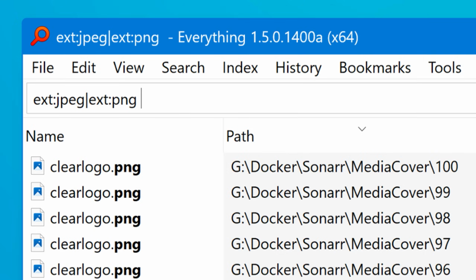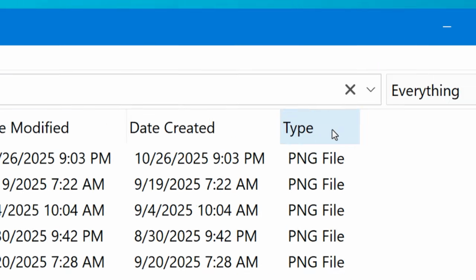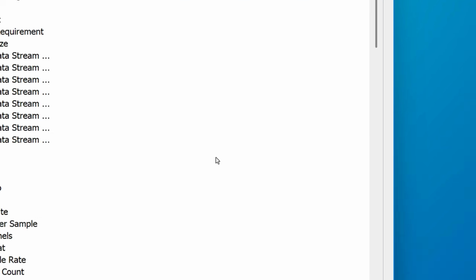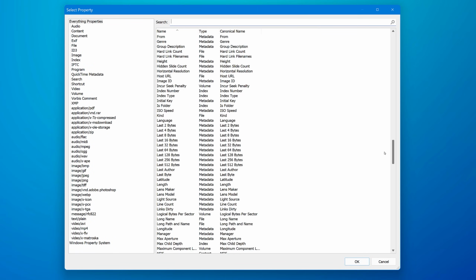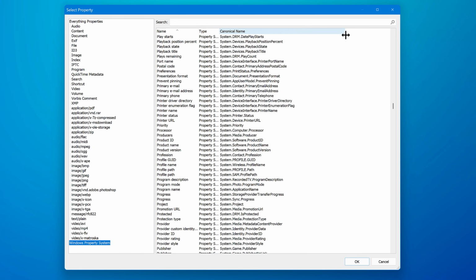But what's really powerful is you can actually search for any metadata property with these. For my example, let's just narrow it down to image file formats. And then to see all the available properties, let's look at the different columns we can add. You can do that by right-clicking the column headers and then hitting add column. And you can see just how many columns you can add, for basically all the different properties for different file types. And you can even search for them by name.